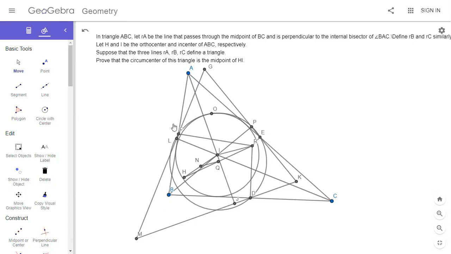So basically, if Q, I forgot what Q was. I think Q is the center of